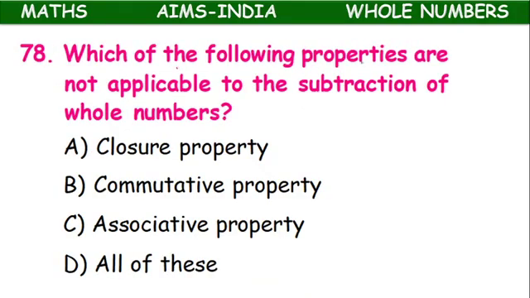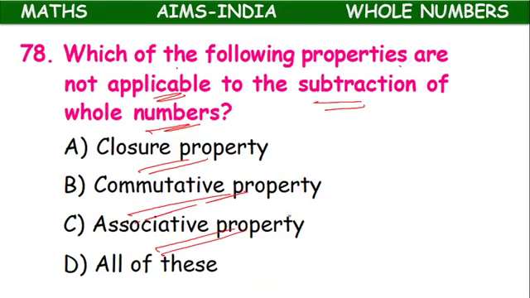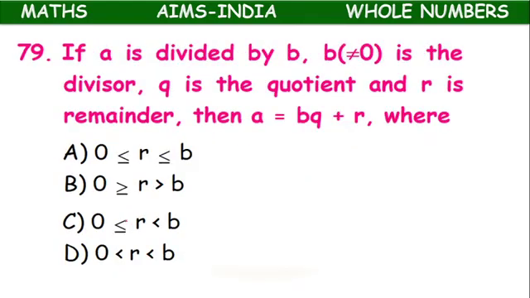Which of the following properties are not applicable to subtraction of whole numbers? Subtraction does not follow closure property, does not follow commutative, does not follow associative. So D option, all of these properties are not applicable for subtraction. Next,